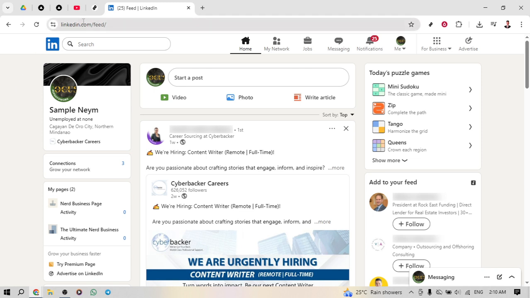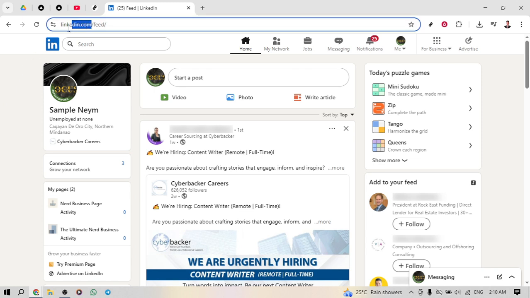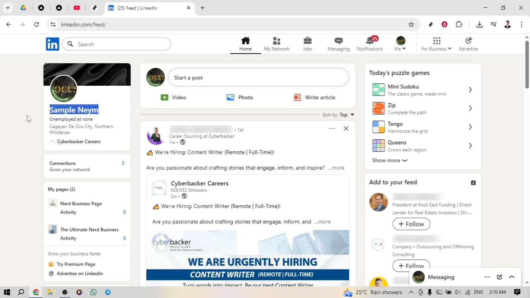Let's get started. First, you'll want to open your preferred browser and head over to linkedin.com. Once you're there, go ahead and sign into your account using your credentials. If you've forgotten your details, LinkedIn has options to help you recover them, so be sure to use those if